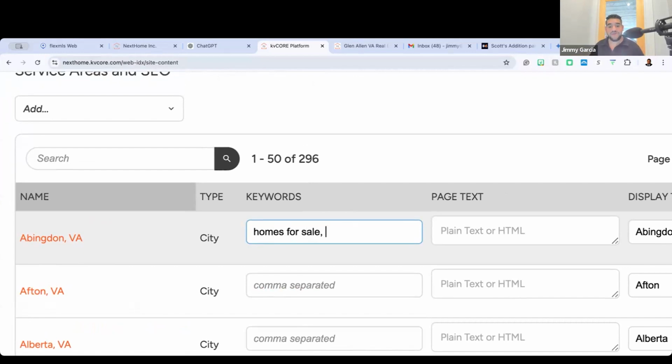That way, if somebody types in homes for sale and they say Abingdon, Virginia, this may be a site that will pop up. If I don't put any keywords, all I have is just Abingdon, Virginia. Condos for sale, right? You can put as many keywords as you want. This is where your expertise in the specific areas is going to come to light, especially for your neighborhoods.